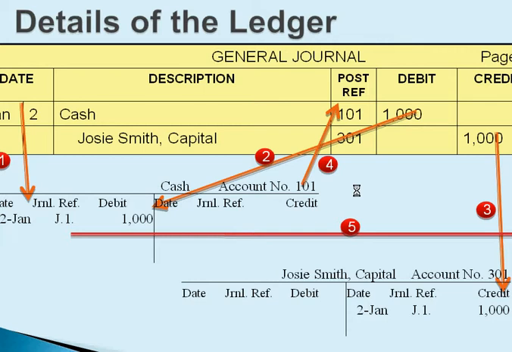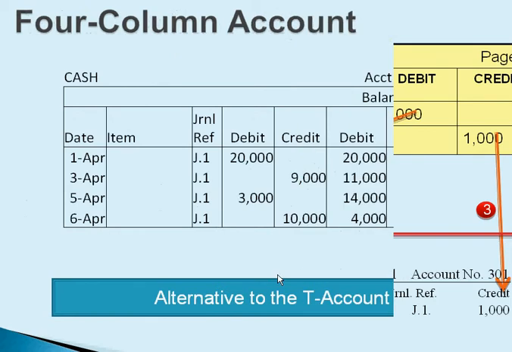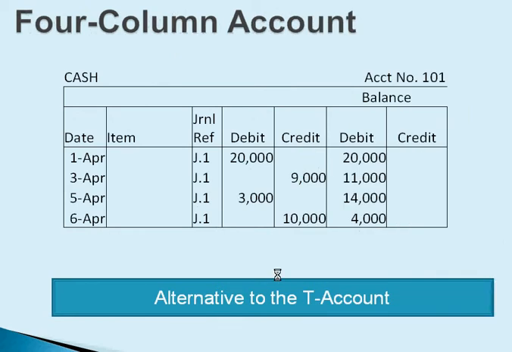So once the ledger's been updated, you'll see it looks something similar to our T accounts from earlier. You've got the date, the journal reference, the amount. You've got the credit that's being recorded as well. Another example of a ledger account is, you've seen the T accounts in here, is what we use in class,